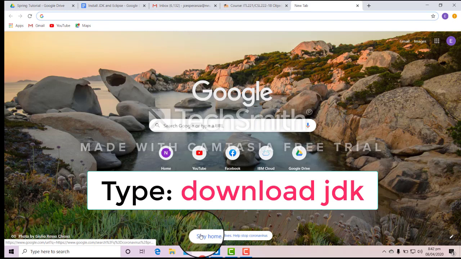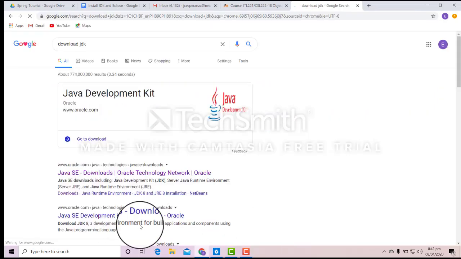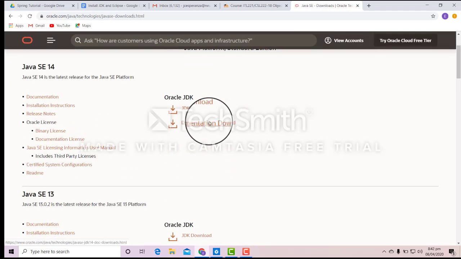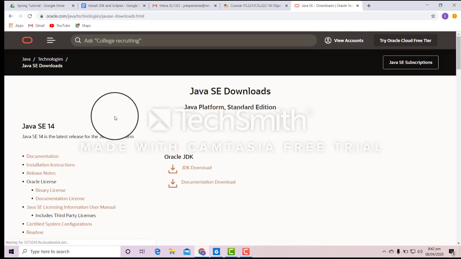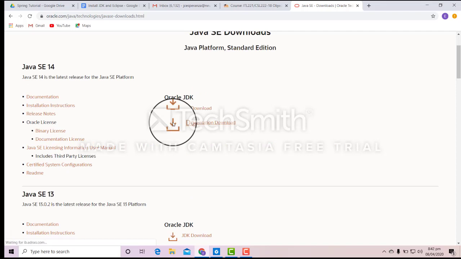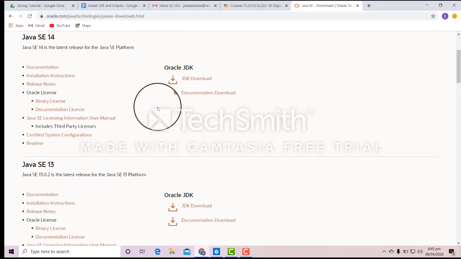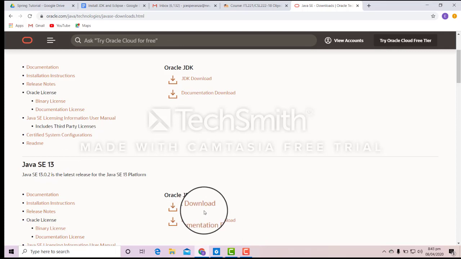Here you can directly search download JDK, okay, and go directly to Oracle. And here you're going to be given choices of the different versions of the JDK. But for now, we go for the more stable version of Java JDK. We click the Java SE 30. You click this link